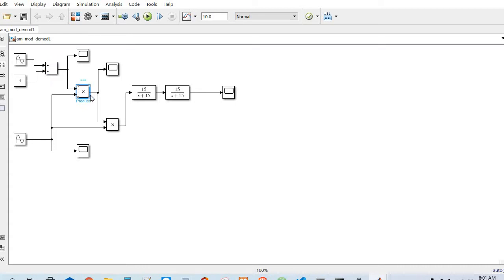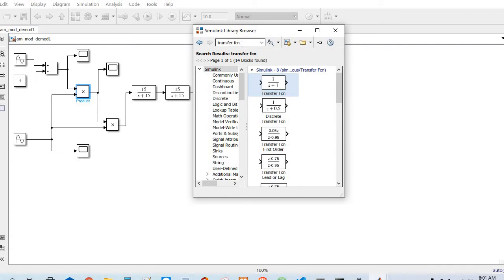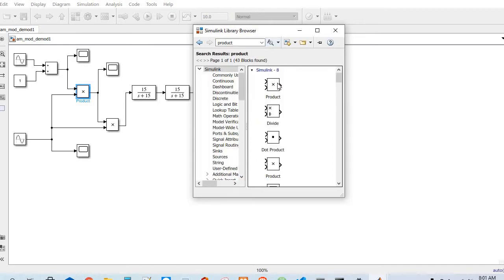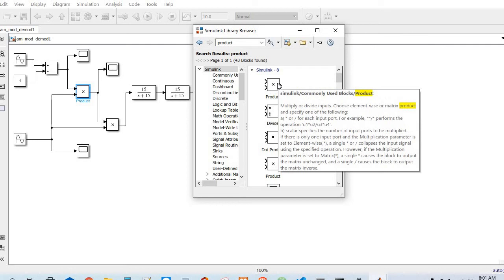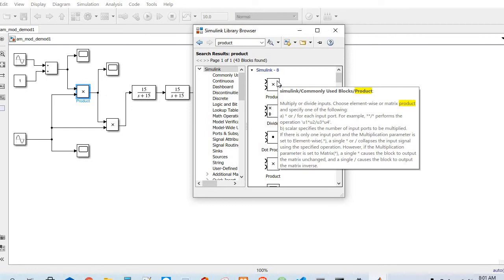Then it will be done product. So in case you don't know how to import this, just type out the thing here and you will see how things are. The transfer function, the product, and everything, and you will get to know all the details if you just Google. You don't even have to Google, you just hover over it and it will tell you what it does and all these things. Okay,